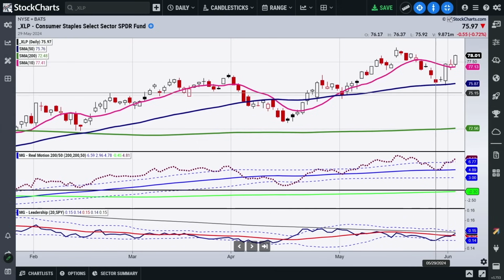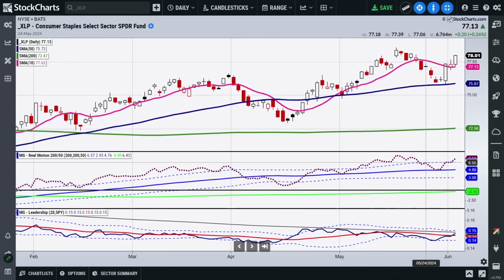Here's your 50 at around 75.90. But take a look at your momentum here. Your momentum is through the Bollinger Band, still has more to prove, but notice how it's now starting to outperform the SPY. So what is this telling you? The consumers are still in the game. They're just switching how they're spending money. Okay, so now let's move on a little bit more micro.